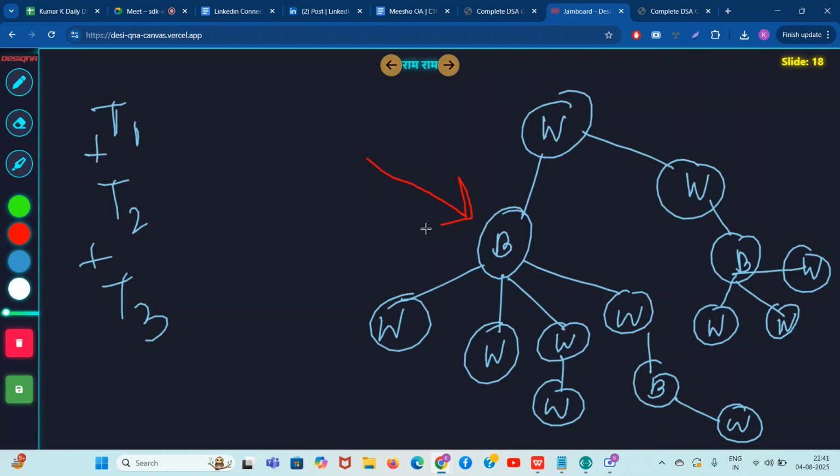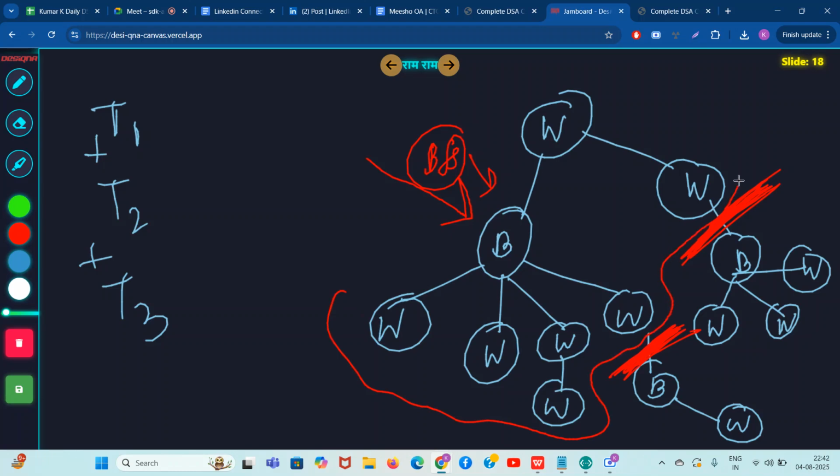Simple trick. You will run the BFS from this node. Okay, run BFS. You have started traveling. Go travel, travel, travel, travel. As soon as you see a B, stop and break this in your head. Break this. B, start traveling from B and go to all the white nodes. As soon as you see another B, break this. Now guys, this new tree has formed for this black node. Can you see it? Wow,